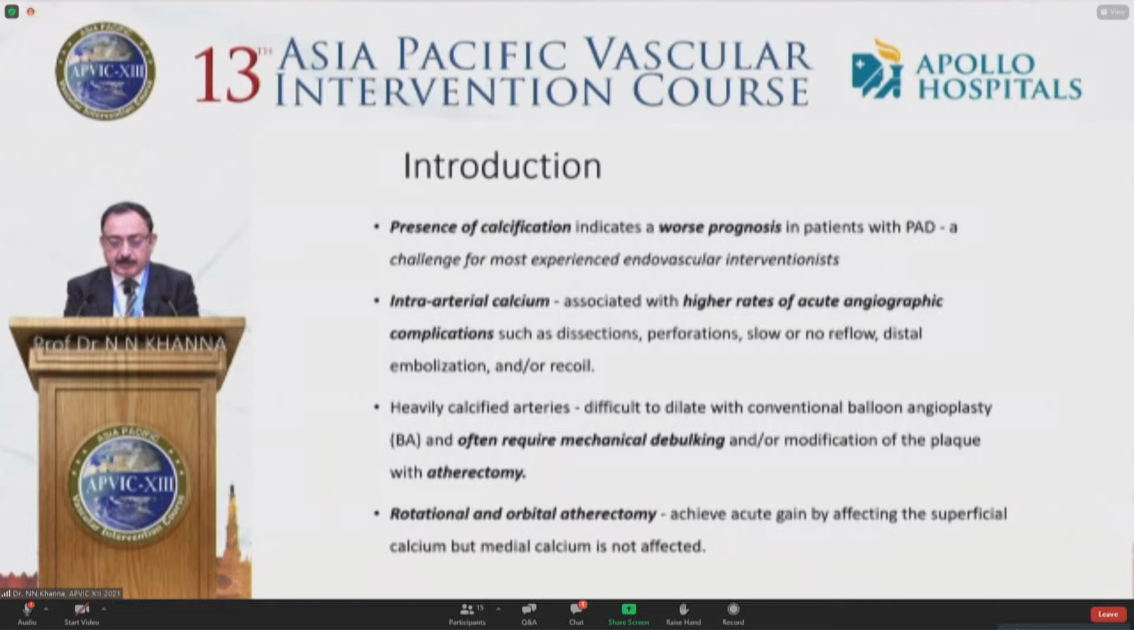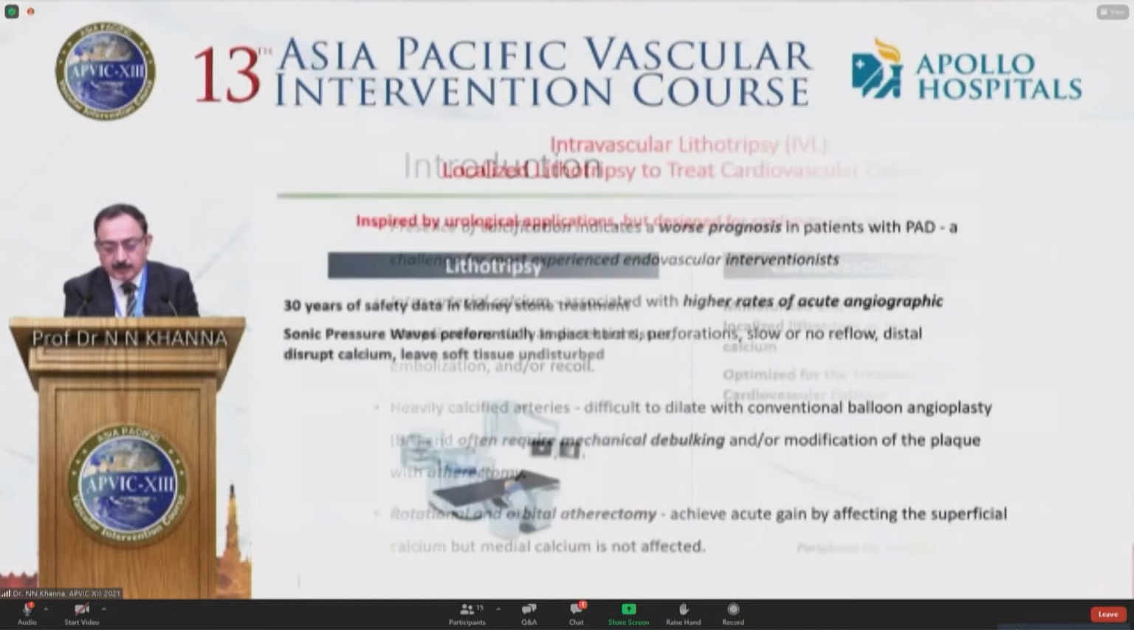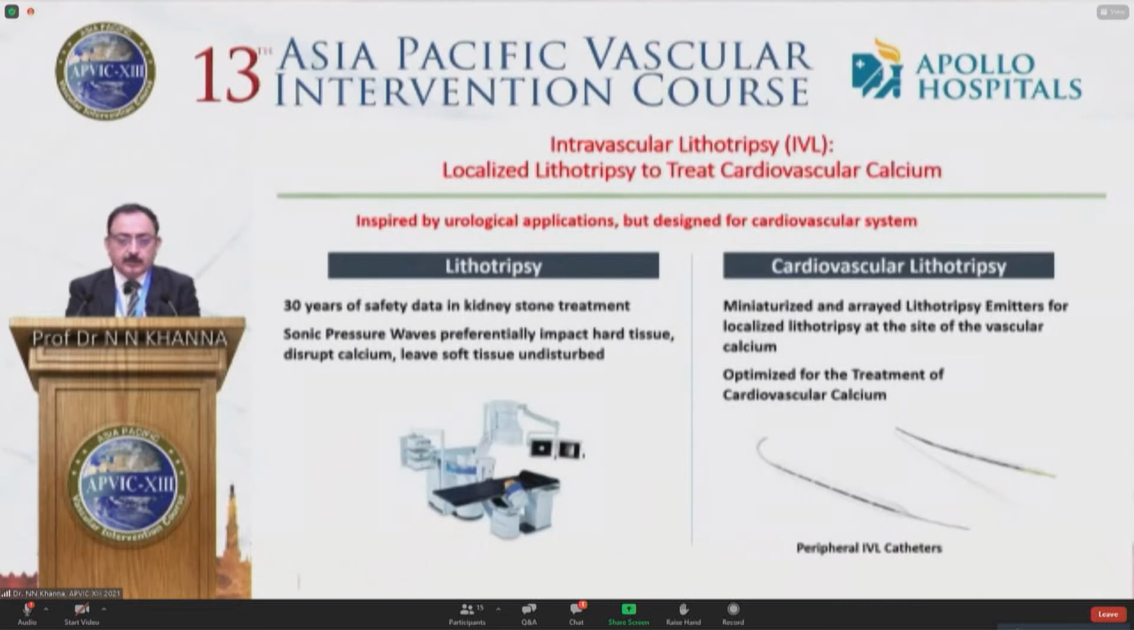Heavily calcified arteries are difficult to dilate with conventional balloon, and they often require mechanical debulking or plaque modification with atherectomies, which could be laser, rotational, directional, or orbital atherectomies. They do provide acute gain by affecting superficial calcium, but again, the deeper calcium is not affected by these atherectomy devices. So there was a need for a different tool to take care of both superficial and